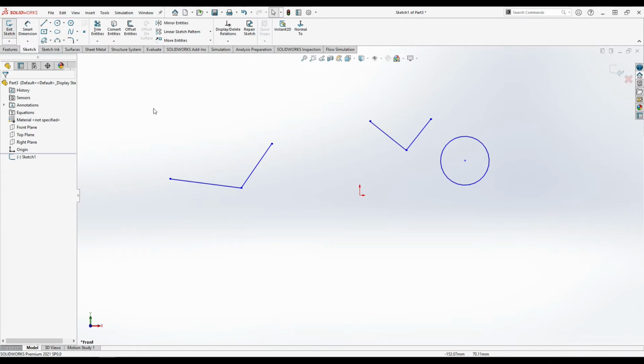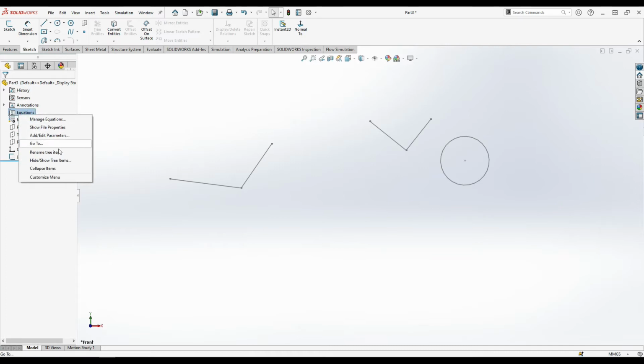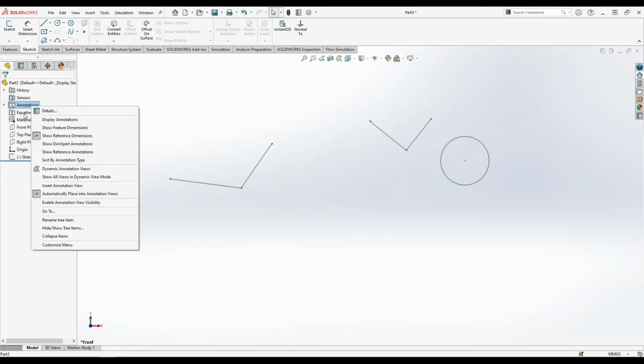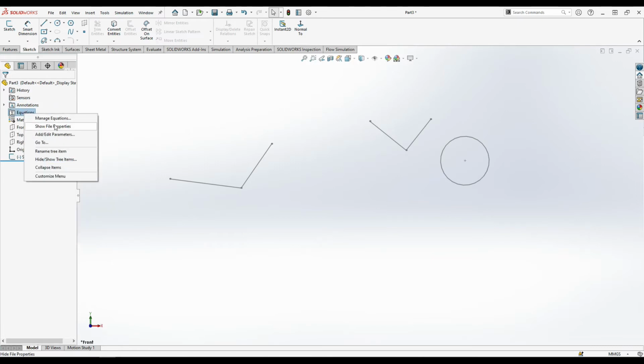Here you can see the feature tree. Okay, this is actually called the feature tree. And in this feature tree you can see history, sensors, some things are open, like equations are open. Okay, if you want to delete something, how can you delete these things? Once you right click here, you can see the options to manage equation, show some things, and the last one you can see is the customize menu. And in this customize menu you can see